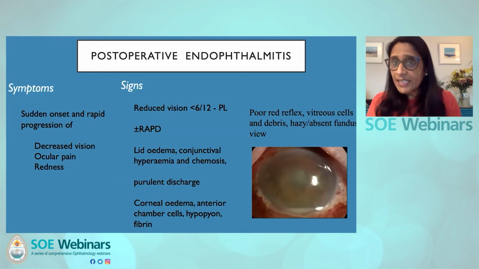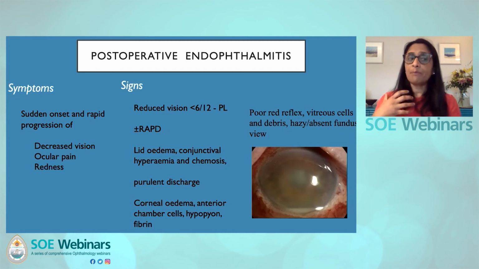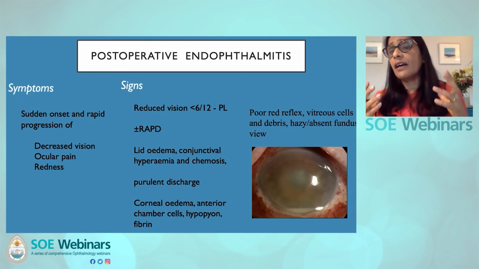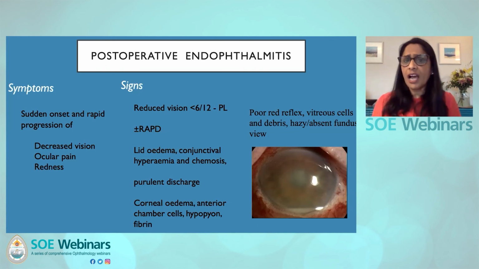The most devastating for all of us is post-operative endophthalmitis. And so these are patients that develop infection post-intraocular surgery. And they present themselves with sudden onset of rapid and progressive loss of vision, pain, and redness of the eye. And again, the examination can vary from slightly reduced vision to profound loss of vision associated with lid edema, conjunctival